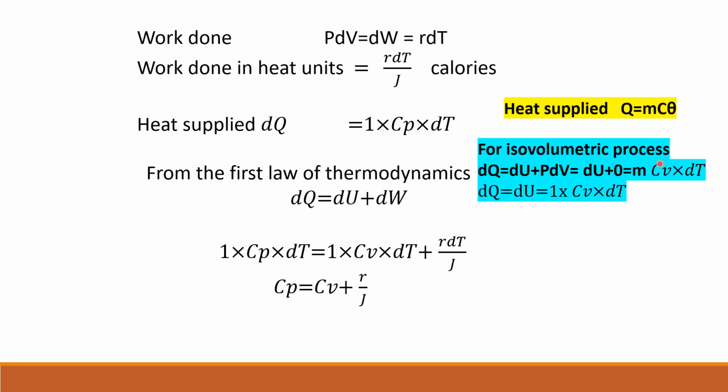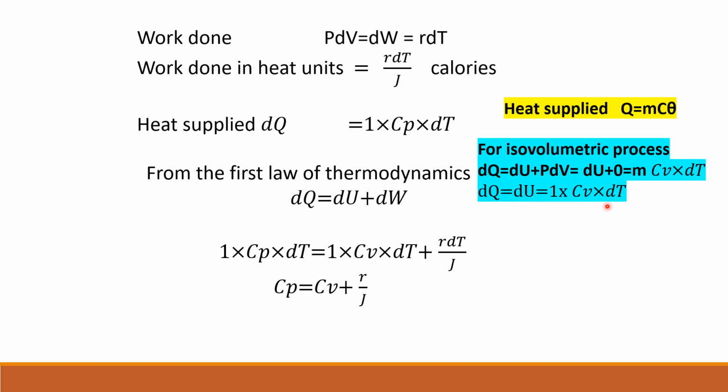For an isovolumetric process, volume remains constant. So dq equal to du plus P dV, where dV equal to 0. So dq equal to du. du means increase in internal energy, which is equal to mass into specific heat into change in temperature. Because of the internal energy rise, the temperature change occurs in the material. So we may write it as mass into specific heat at constant volume into change in temperature. So dq equal to du, which is equal to, taking the mass as 1 kilogram, 1 into Cv